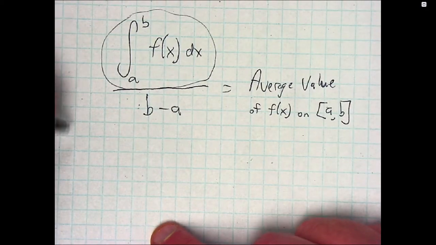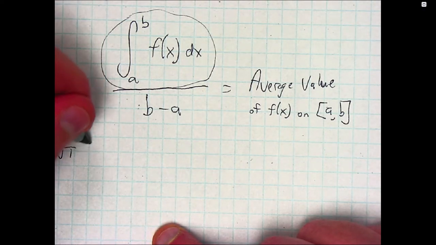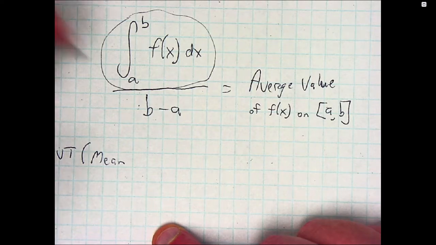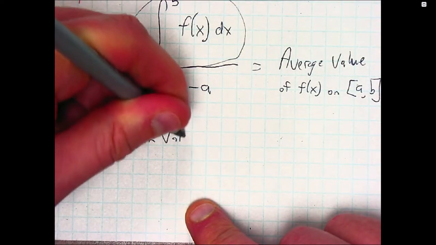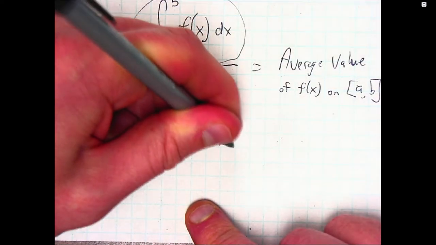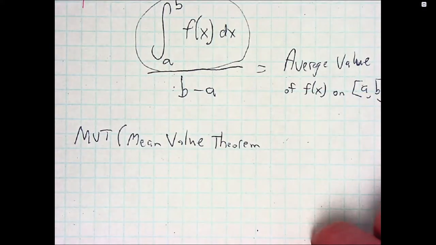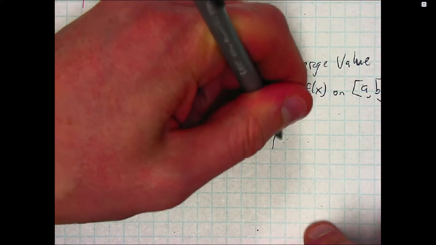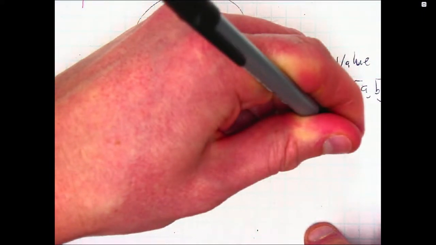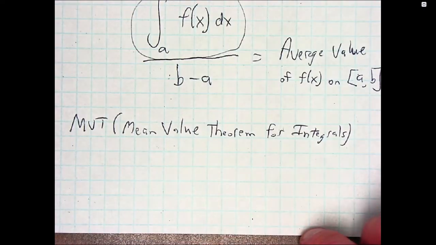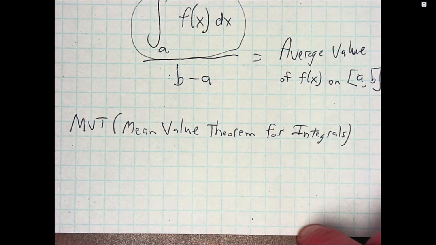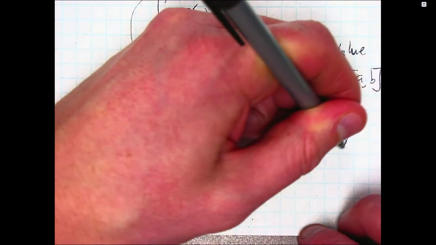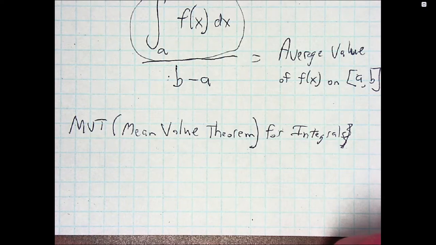This formula leads to another theorem, which is also on your memorization list. It's called the MVT, which we've seen before. So mean value theorem. We already have that, so you might be saying, well, we can't have another one. So we add this little bit of name to the name here. It's going to be the mean value theorem for integrals. And informally, what the mean value theorem for integrals says